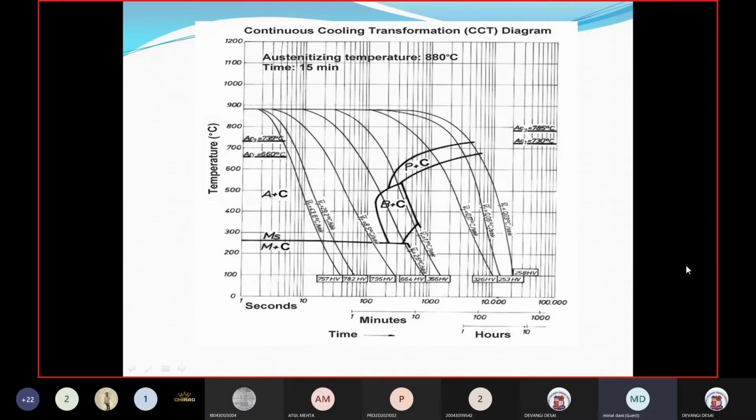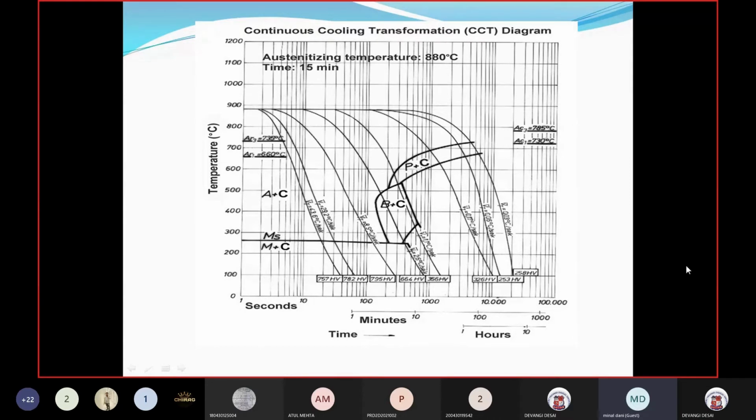What I am telling you about that A3 line, A1 line and ACM line, you have to heat above that. So you have to do the heat treatment above the austenizing temperature range. Means you have to create austenite in your steel. Okay, so you have to heat the steel above the austenizing temperature range, and that range, that A3 line is